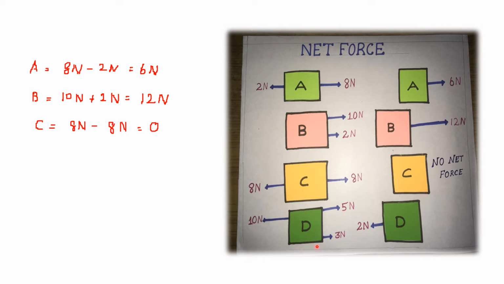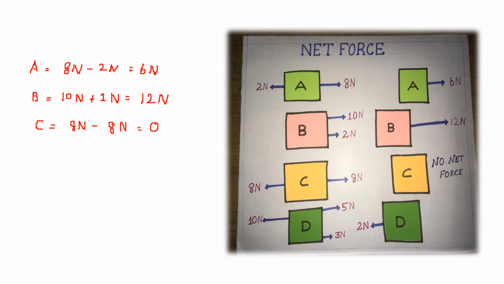Now look at object D. You can see that towards the left we have a force of magnitude 10 Newton, whereas towards the right there are two forces acting in the same direction, that is both the forces are in the right direction and the sum of them makes 8 Newton. So, in which direction will the object D move? Obviously, it will move towards the left, because though only a single force is acting on the left side of the object, it is greater in magnitude compared to the two forces acting in the right direction.